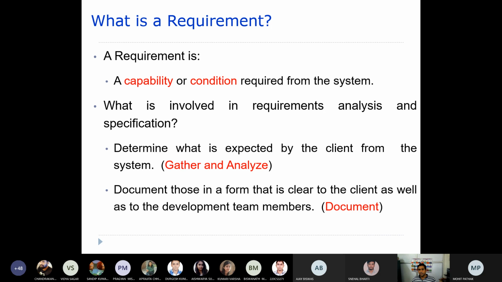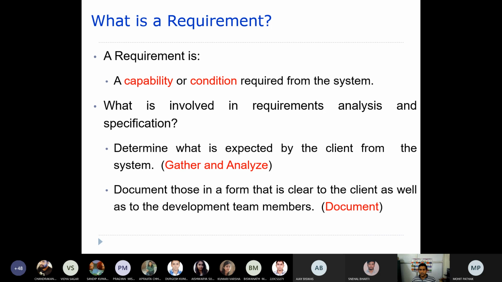What is involved in requirement analysis and specification? Here we try to determine what the expectations of a client or a user from the system are.